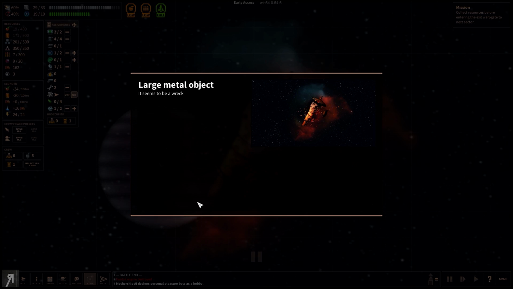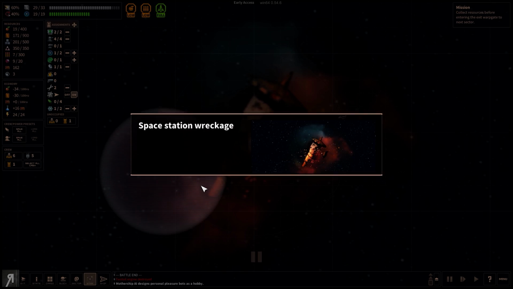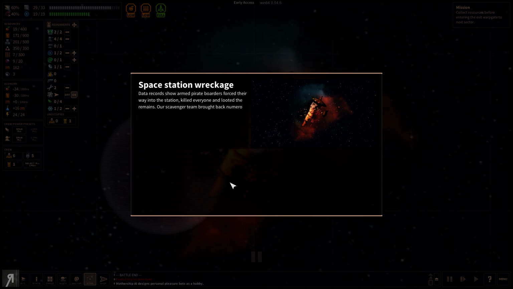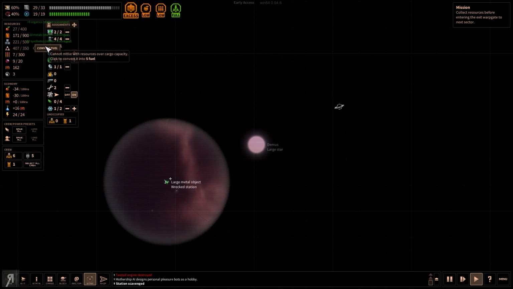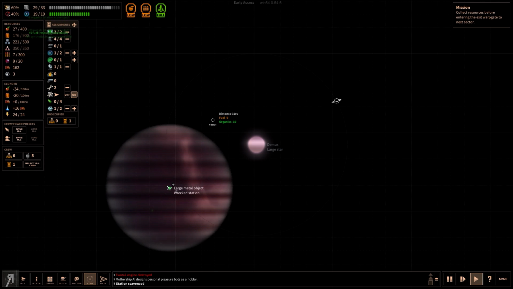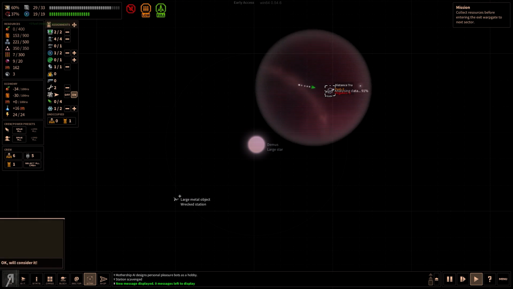Well, we are very low in our organics, amusingly enough, because that's obviously the thing that I said we were going to probably have in abundance, but we apparently do not. We are getting some from here. Space station wreckage. Convert that to fuel. Okay, let's just continue onward. I'm hopeful that we will maybe...